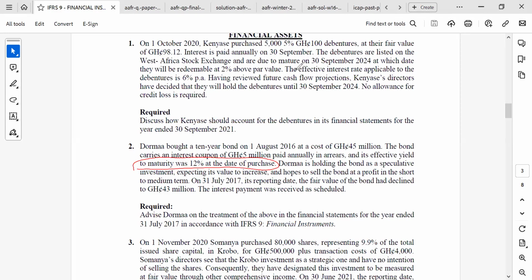Okay. So this instrument should be classified as financial asset through profit or loss. If it is through profit or loss, that will be under current assets because we can sell within a year. It can be converted into cash within a year. So that will be under current assets. So the instrument will initially be recognized at 45 million. So initially,